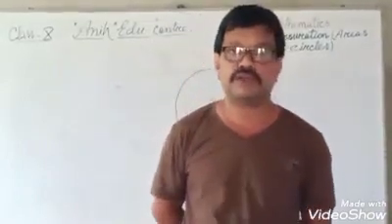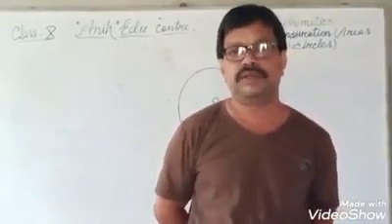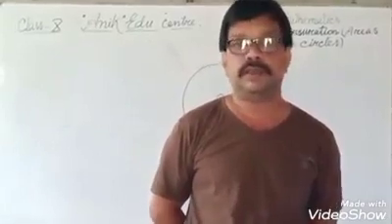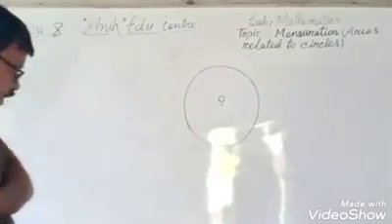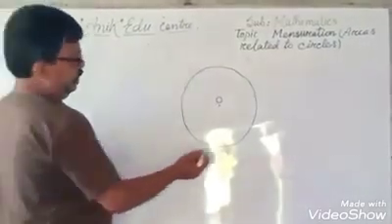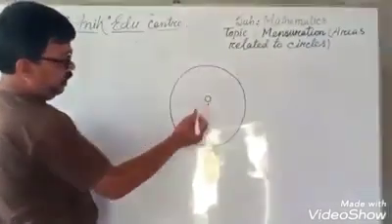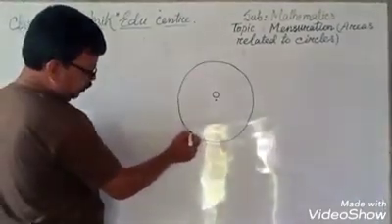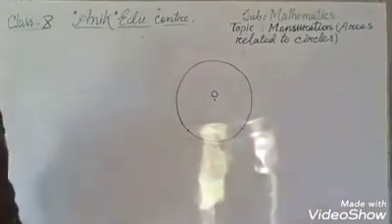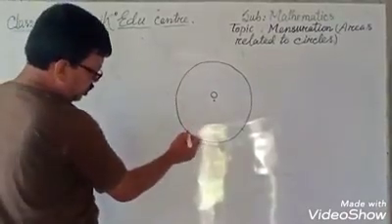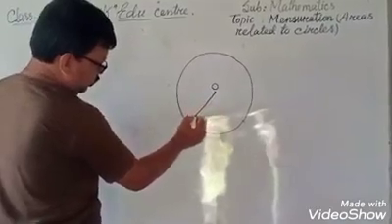Today I am going to focus on two terms mainly. One is sector and the other is segment. Let's see. As we discussed in our earlier class, a circle has a fixed point which is known as its center. If we take any part of the circumference of the circle, it is called an arc. Now, if we join this end point to the center of the circle, it is a radius.